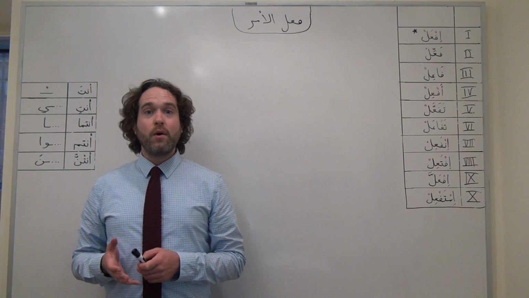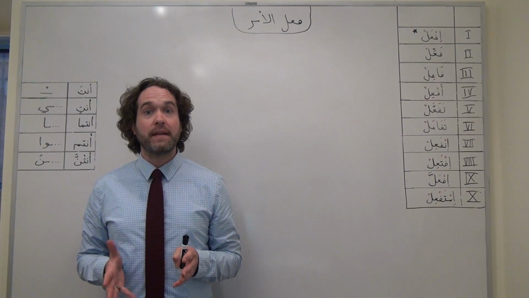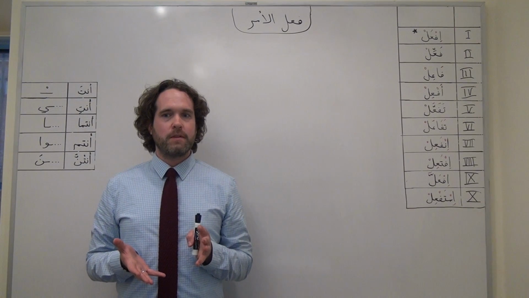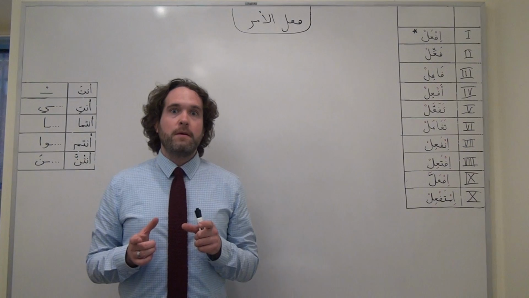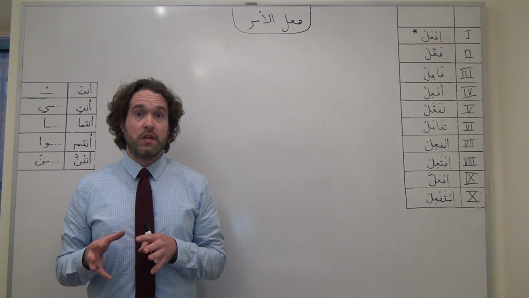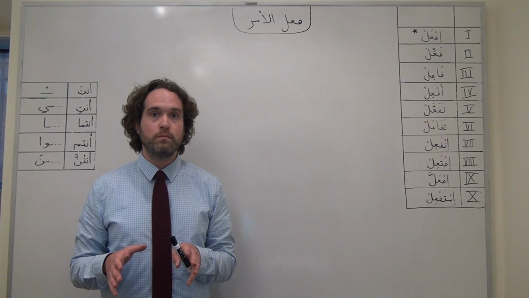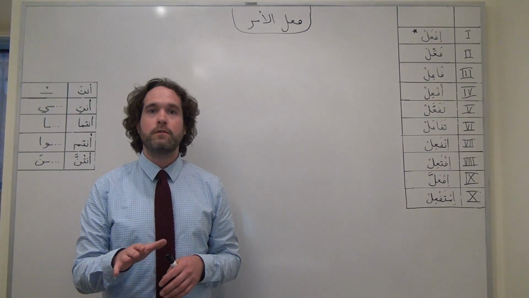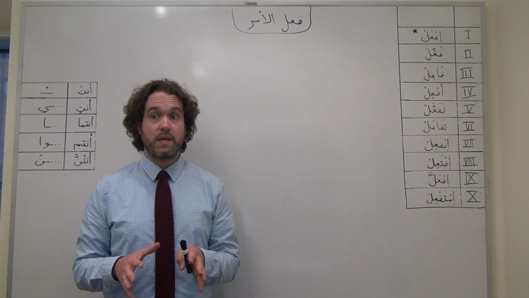Masal khair. Right now I want to teach you how to give people orders using the imperative, or what we call in Arabic fi'l al-amr. Now to build an imperative in formal Arabic, we use a slightly modified form of the majzoom case, that modified present tense verb conjugation. In this video, I'm going to assume that you have a working knowledge of the majzoom case and how it works and what makes it special. If you need a refresher, feel free to go back and watch the video on the majzoom case before continuing here.